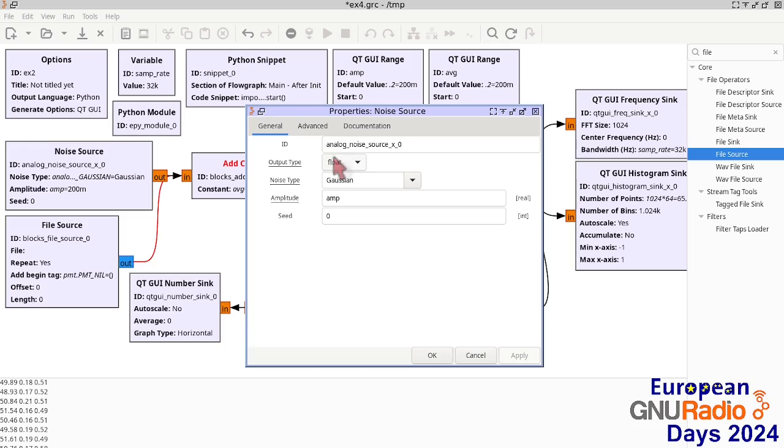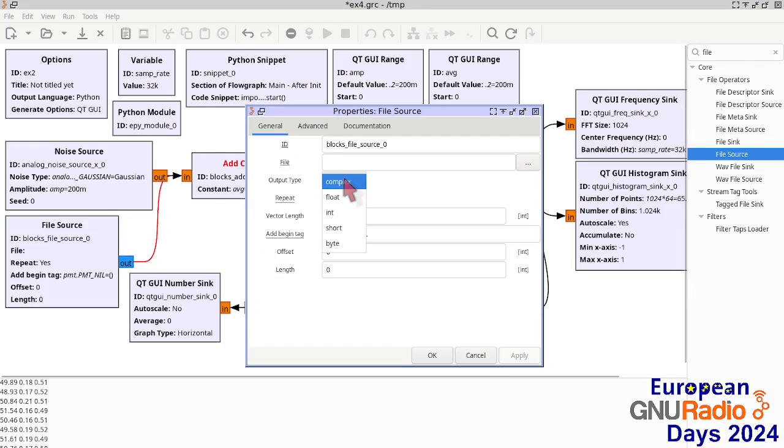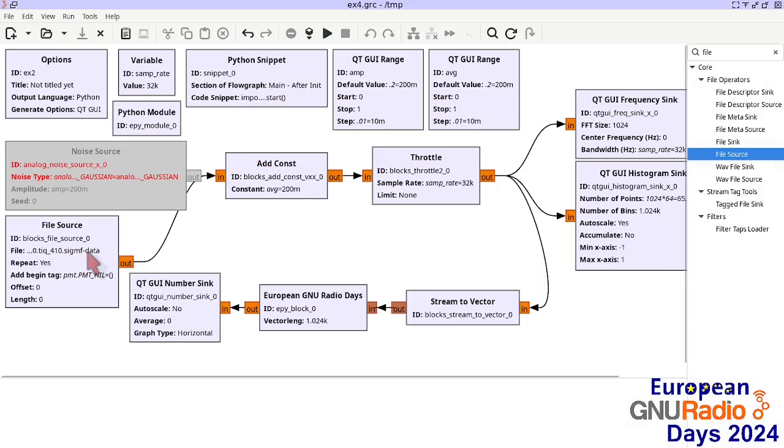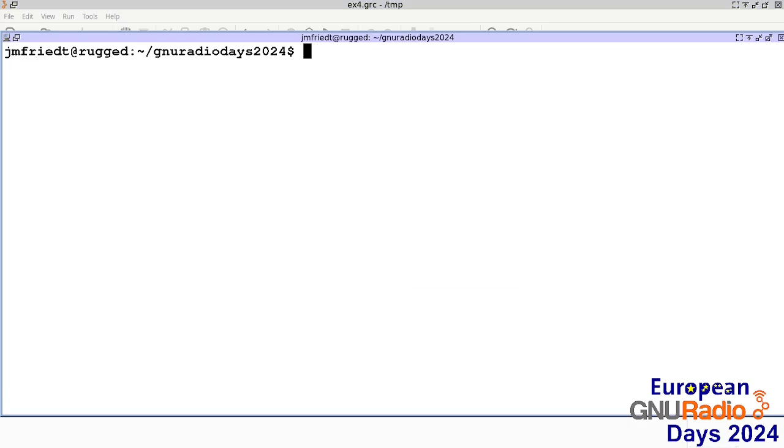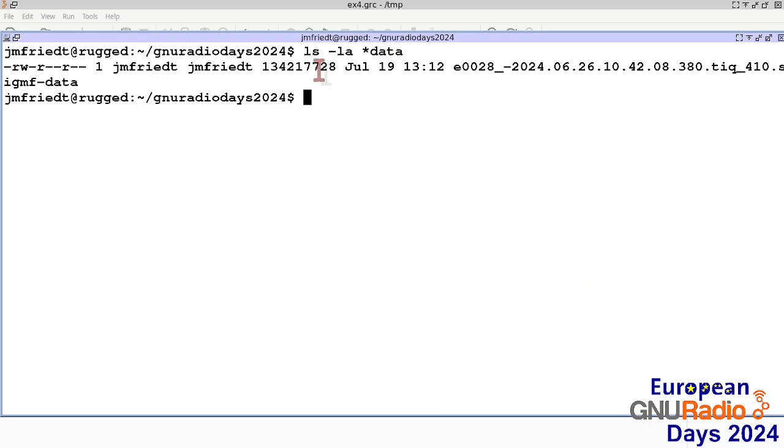And if we do this, it has to be a floating point number. Here we have loaded a data file that was provided by GSI staff so that we can repeat the same analysis, not on synthetic data, but on real data that had been recorded by a hardware software-defined radio. And one challenge when considering data files is usually they are rather voluminous data. You see here that it's a 134 megabyte data set that was provided,